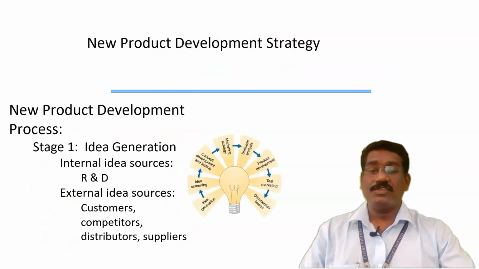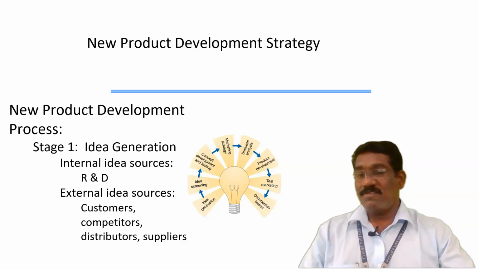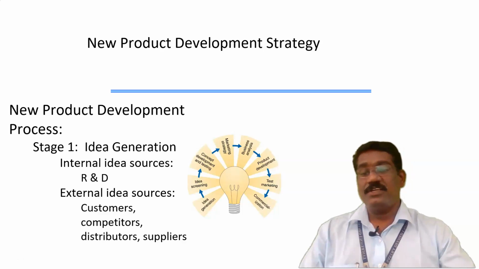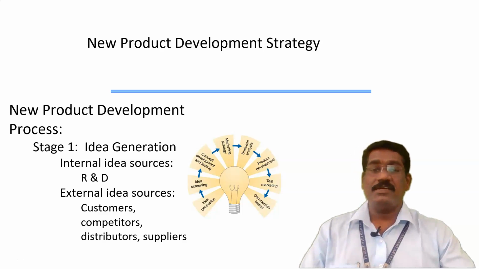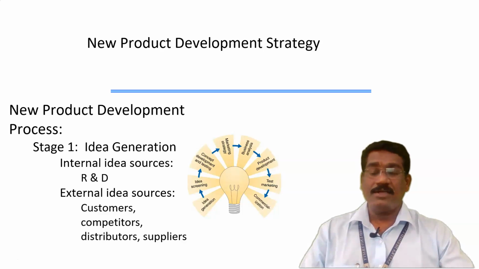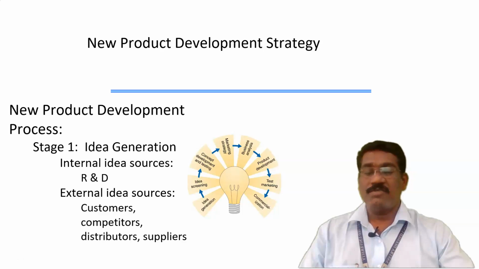So, moving further, let us talk about the first stage of new product development. The new product development process starts with idea generation. When you look at idea generation, ideas can be generated by many people, like from internal idea sources. The employees can generate many ideas, and the engineers in the research and development department, the employees who are trying to explore new ideas and invest time on developing a new product, are associated with research and development.